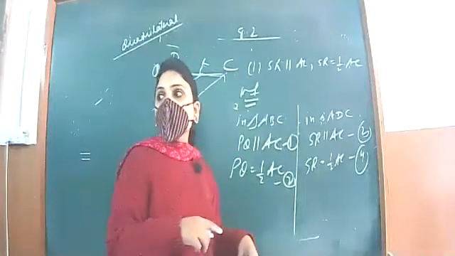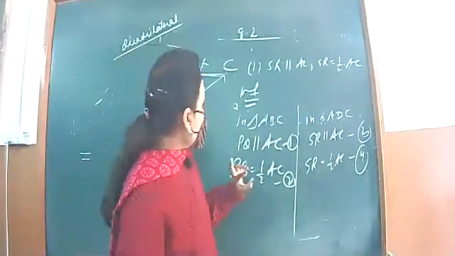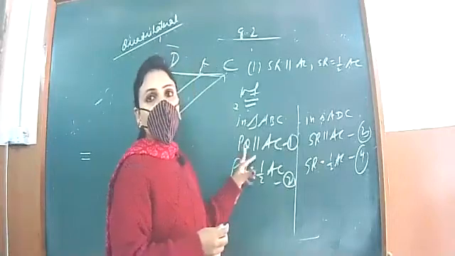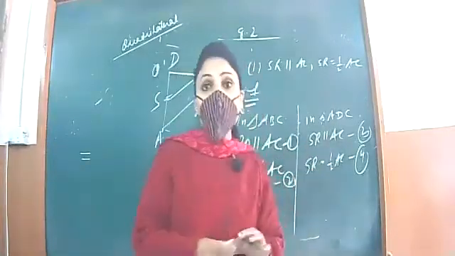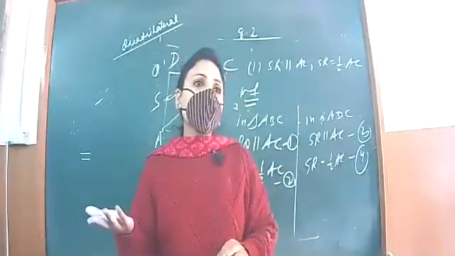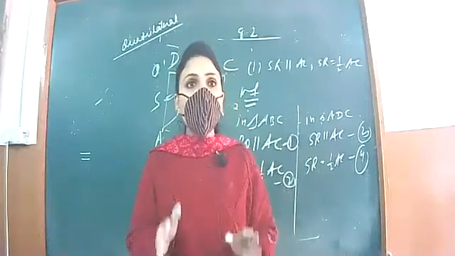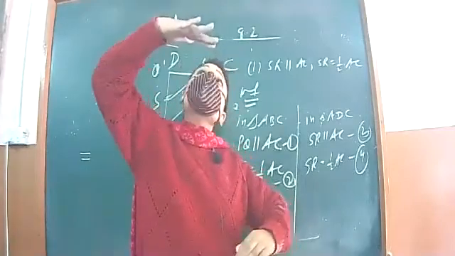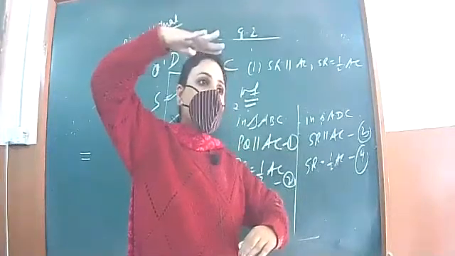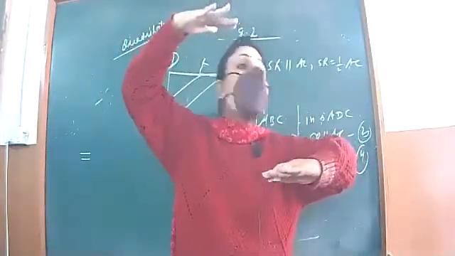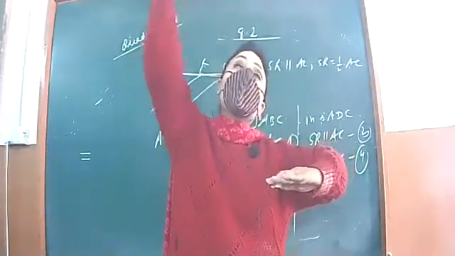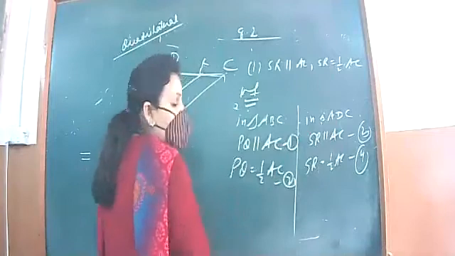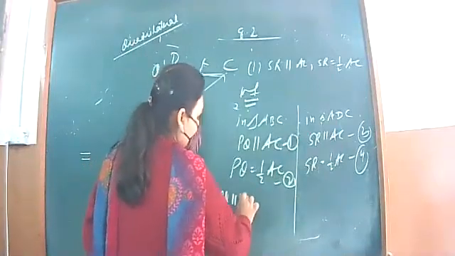Now come back to what our target is. Our target is to prove PQ parallel to SR and PQ equal to SR. Now see, this line PQ is parallel to AC, SR is also parallel to AC, and lines which are parallel to the same line will be parallel to one another also. If two lines are parallel to the same line, they will be parallel to each other. Like if I show this arm parallel to the roof, and this other arm is also parallel to the roof, then both arms are parallel to each other. Lines which are parallel to the same lines will be parallel to one another. So from 1 and 3 we get PQ parallel to SR.